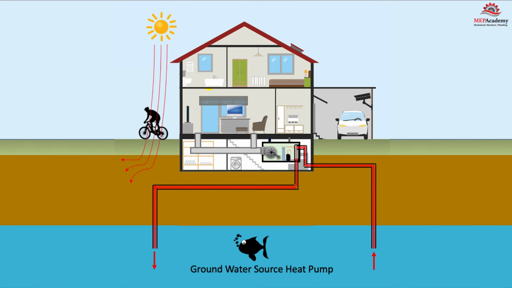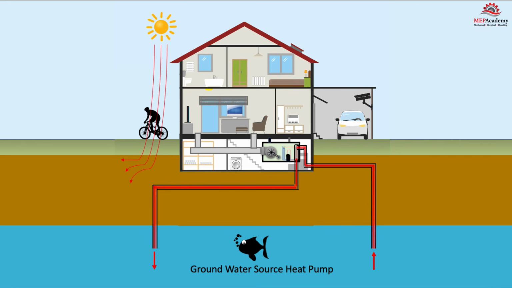Groundwater source heat pumps. Bodies of water like lakes or groundwater can be used as a source of energy. They use heat exchangers as a means of separating the refrigerant from the water. Water is mixed with antifreeze like glycol in some climates to avoid freezing and is pumped through a maze of hoses buried in the ground. The water circulates around the buried piping and then back to the heat exchanger where it transfers or absorbs heat from the refrigerant. When using groundwater,